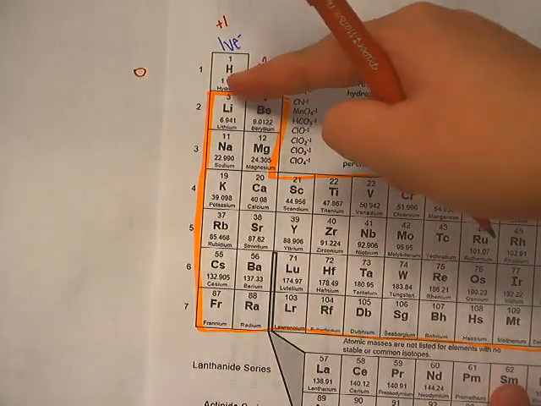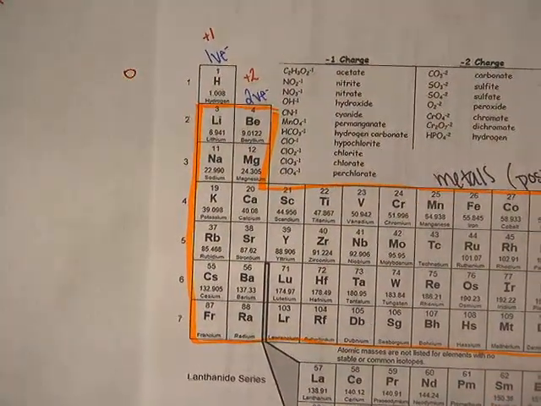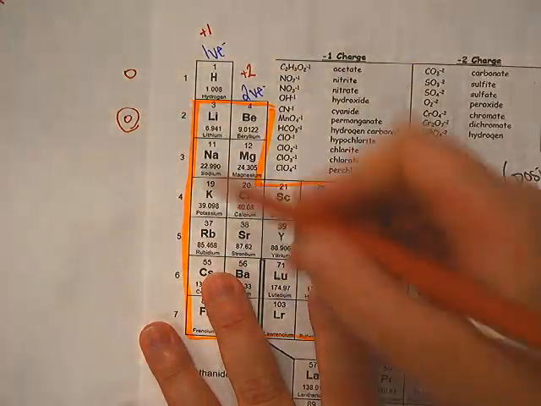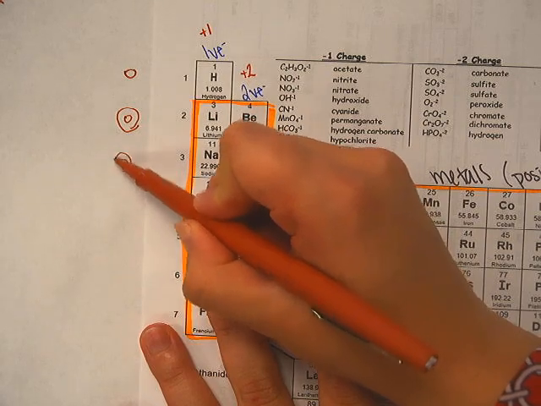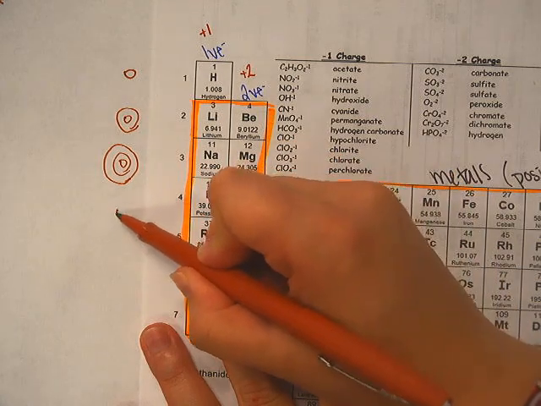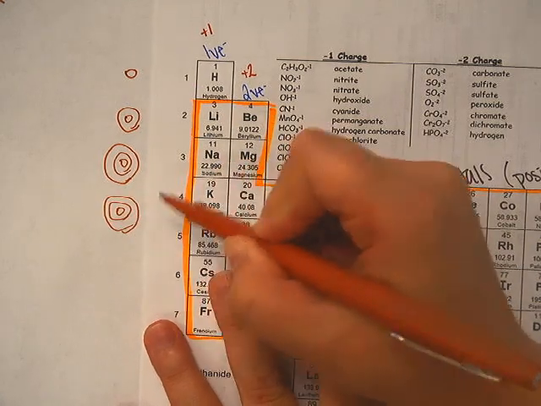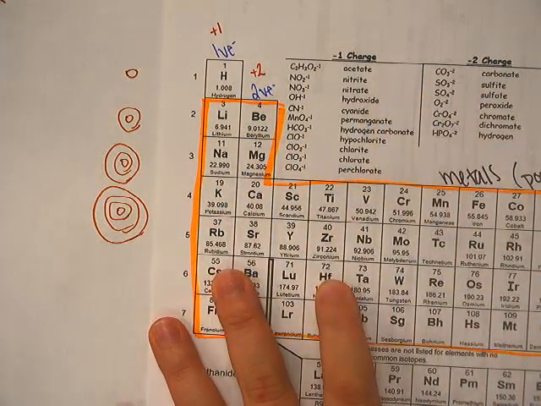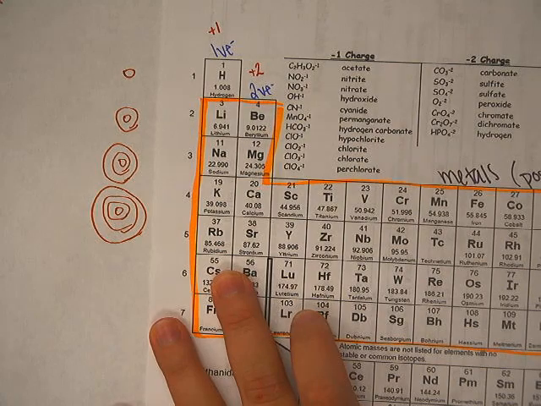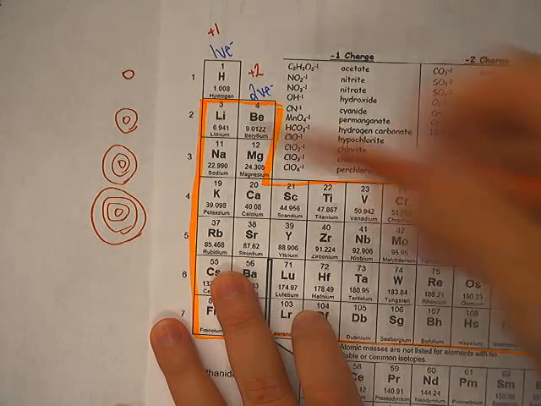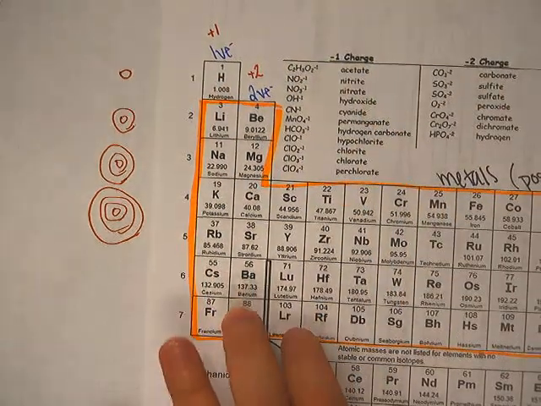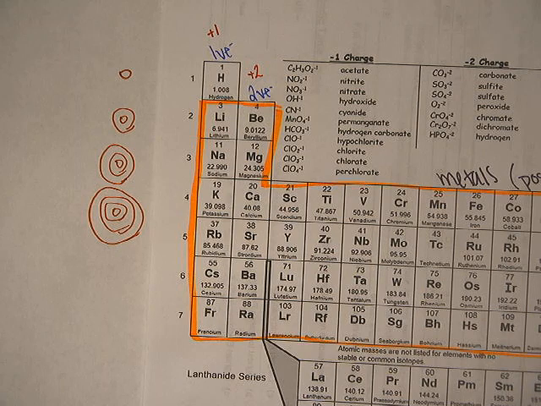So if you are in period 1, you have 1 ring. If you are in period 2, you'll have 2 rings. If you're in period 3, you'll have 3 rings. And then period 4 will have, it's getting bad. Okay, and so on. So what is happening to the size of the atom as you go down? It's getting bigger. So what we're seeing is as we add rings, this characteristic that we refer to as atomic